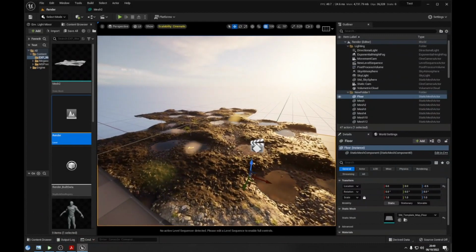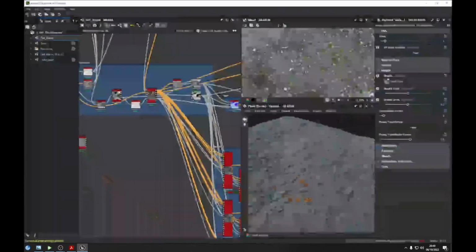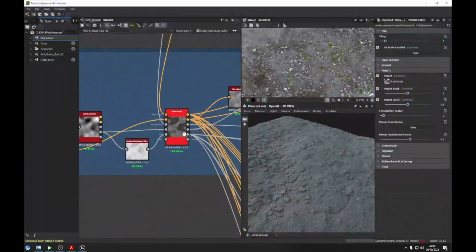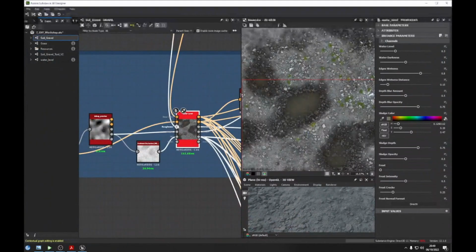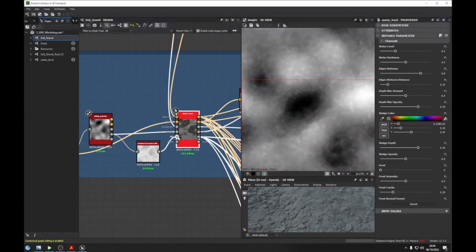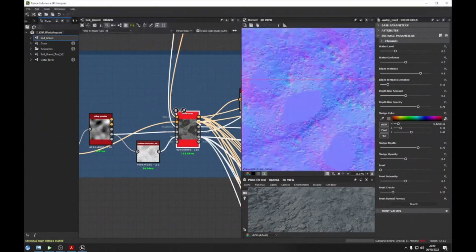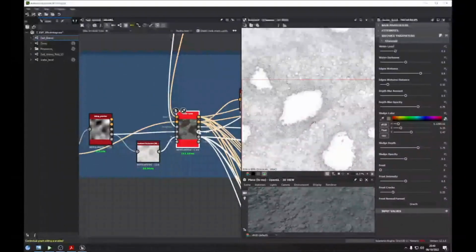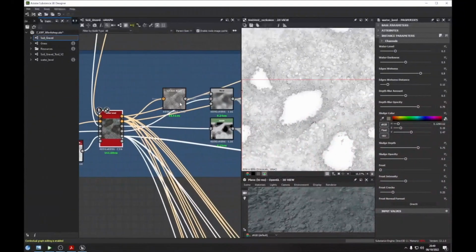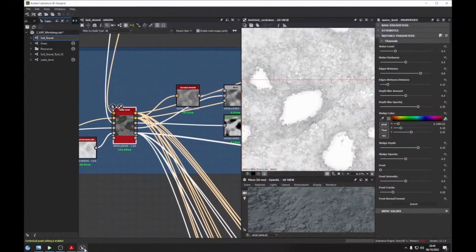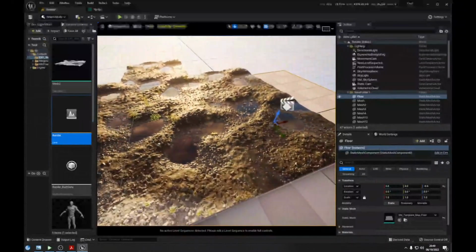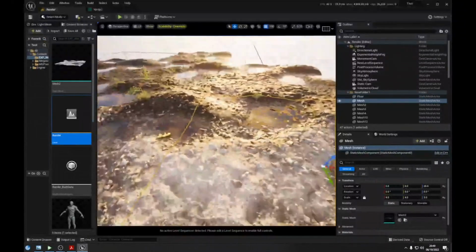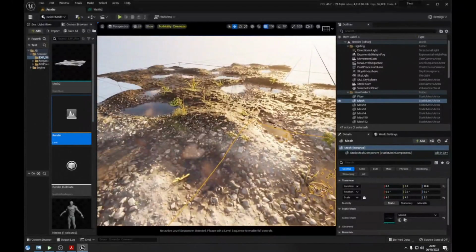Oh, to be fair, one thing that I didn't go over, the most obvious thing, is the actual water level itself. It's literally just a straight plug and play, literally nothing else I've done to it. It's just as simple as that basically. So I was quite happy with that because I didn't have to do any extra work, which made my life a lot easier. So all I've done in UE5 is imported my mesh,